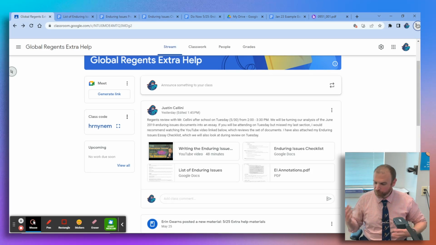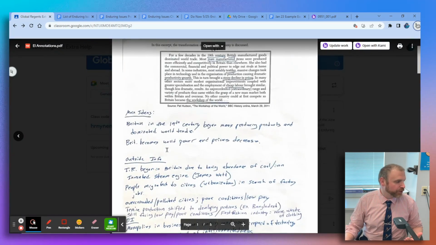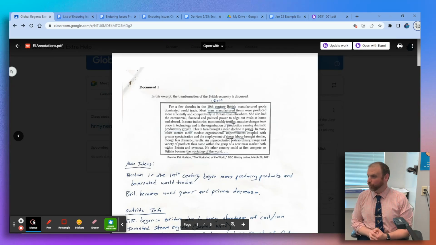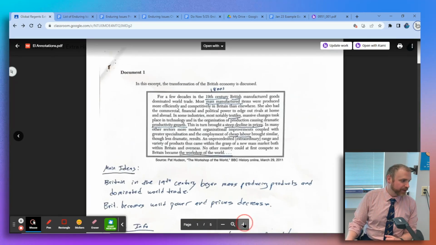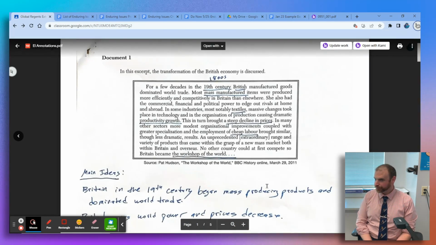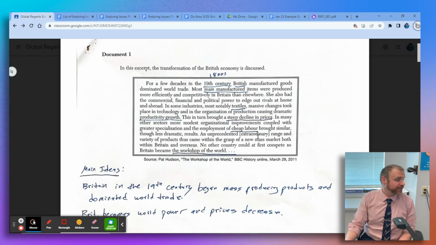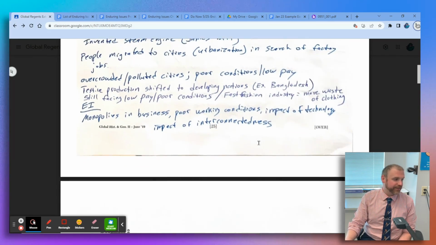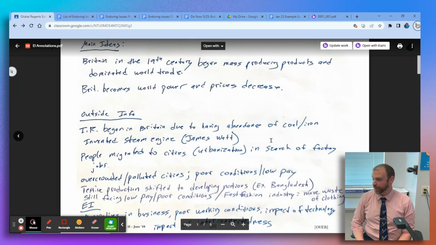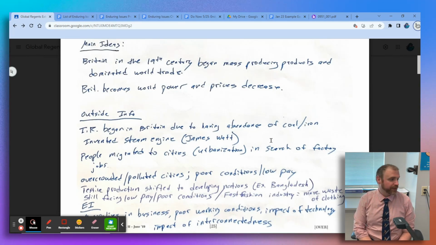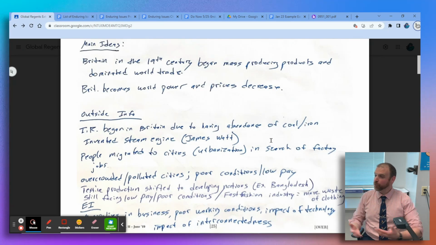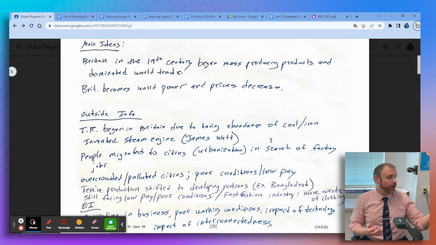So what I thought we would do, again, we're all kind of in different places, is maybe review quickly what you should do when you get your packet of documents. Okay, so if you look at this PDF, which you guys have access to, I kind of like to take notes on 3 things. Hopefully your teacher kind of reinforced the importance of this. Because if you do this well, in theory, when you go to write the essay, you won't have to reread